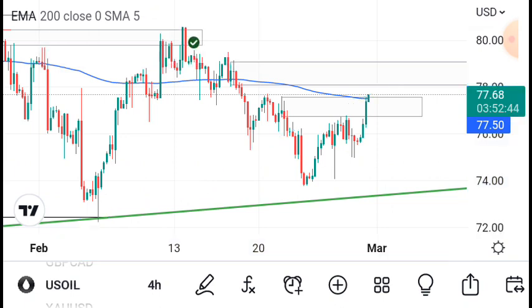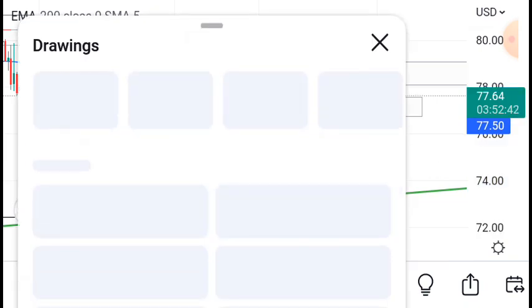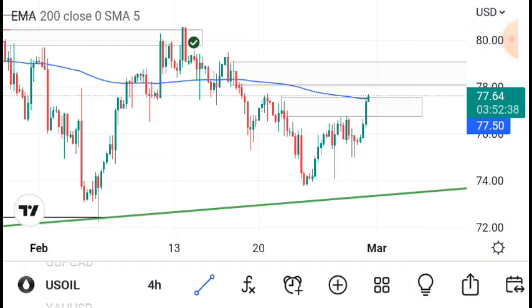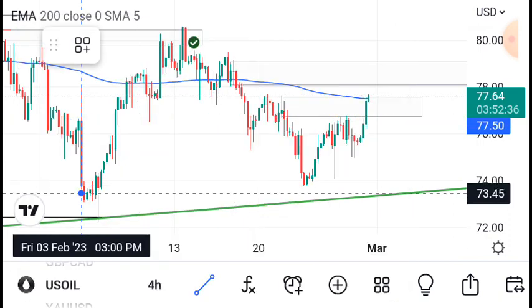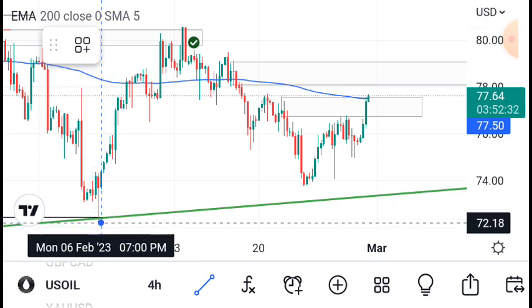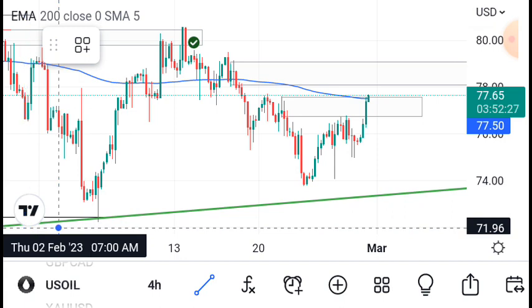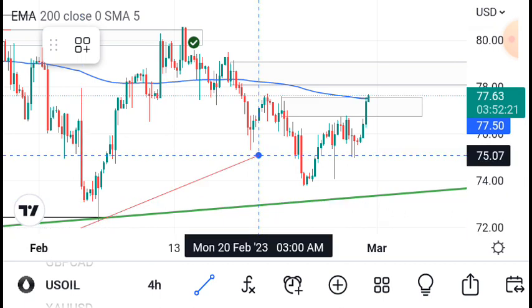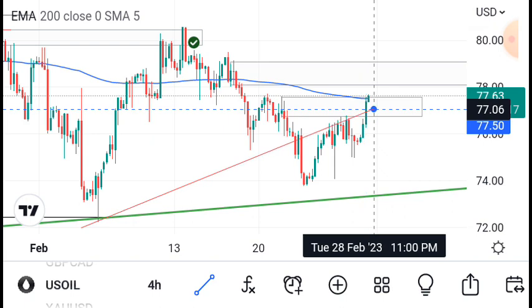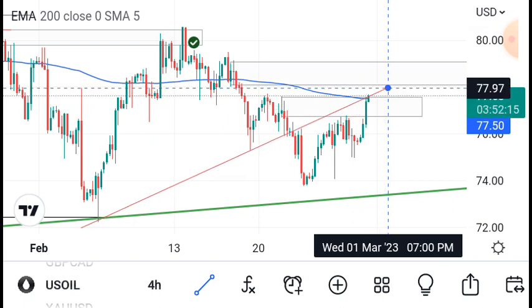I want to take this one off and draw a new trend line so you understand what I'm trying to point out. All right, so looking at this, you can see that price was actually breaking out from a trend line, right? Sorry guys, I want to use these two. All right, so joining these two trend lines, you can see that price actually broke out from that trend